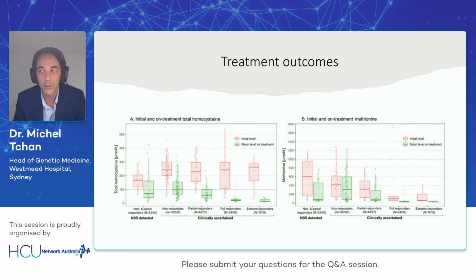So they're the traditional kind of treatments that we've been able to use over really decades now, and they work reasonably well. And this is a graph that shows some of the data telling us, well, how well does it work? So the left-hand picture there, you can see the red boxes are the different groups of patients with homocystinuria, the non-responders to pyridoxine, some partial responders. I won't go through this slide in detail, but what you can see is that if you put patients on the treatment, that's the diet and the betaine and pyridoxine, then their homocysteine levels drop nicely,